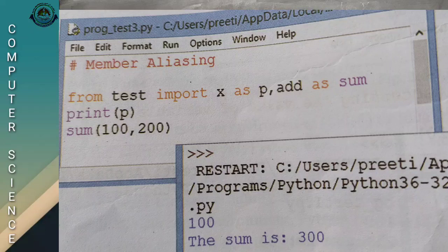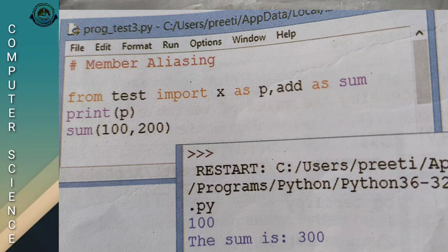Then add as sum. The next statement is sum(100, 200). What is its result? The sum is 300, because of add as sum. Previously we used add, instead of that here we used sum.